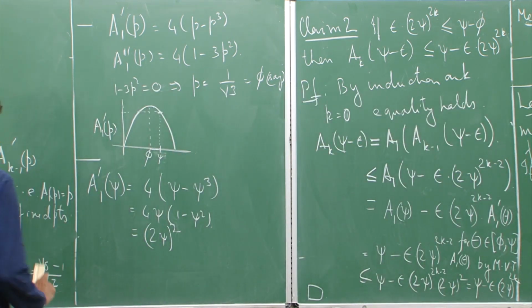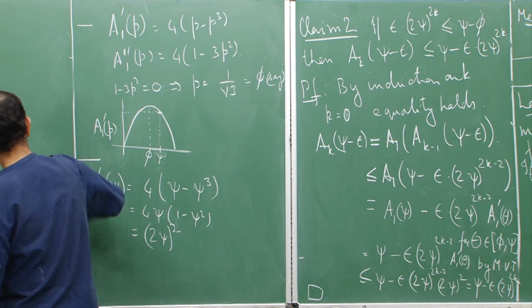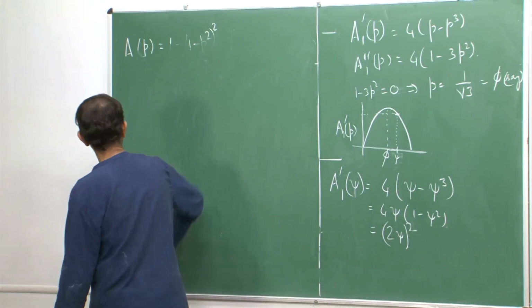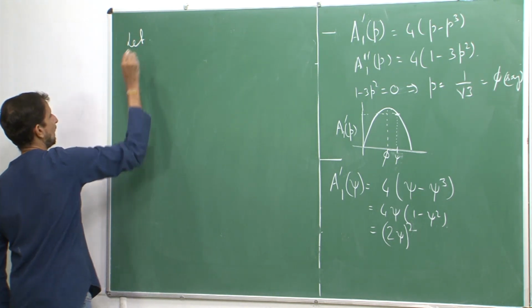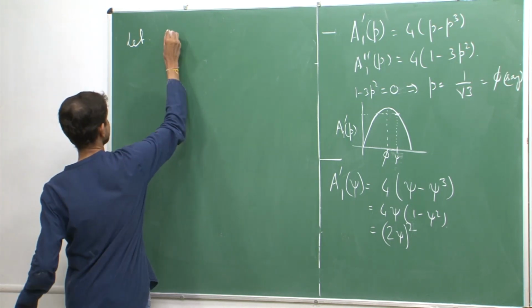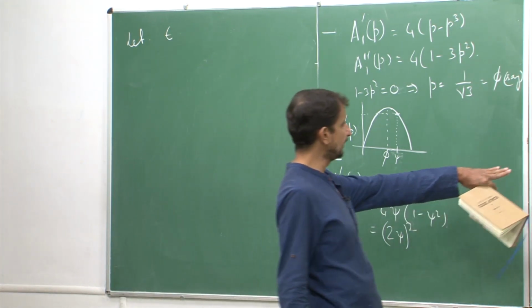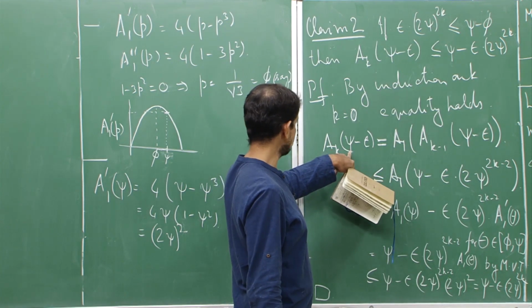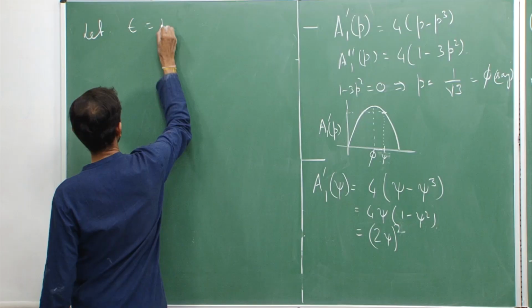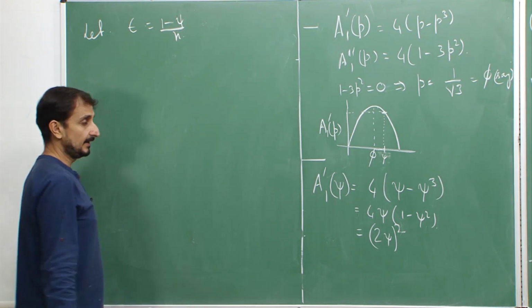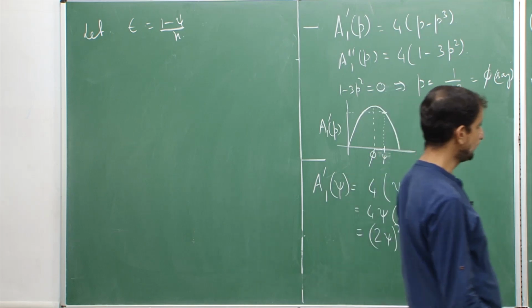Okay. So, essentially what this claim is saying. Okay. So, let us try to see what we get from this claim. So, for that we will just substitute some values. So, let epsilon be... So, what is epsilon over here? I am using psi minus epsilon and I want to get this quantity, right. So, I will choose epsilon to be 1 minus psi over n,